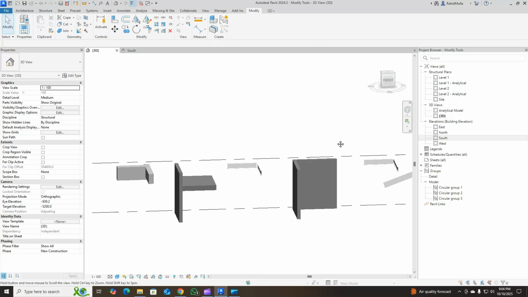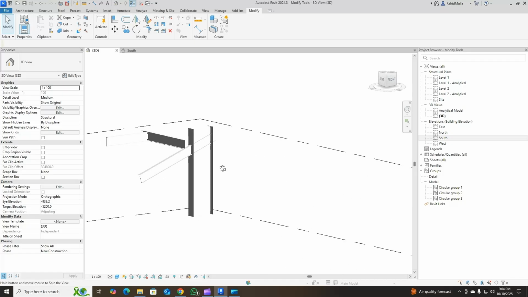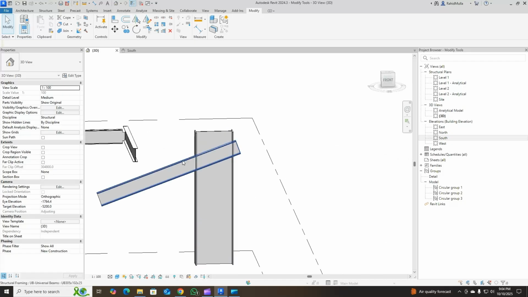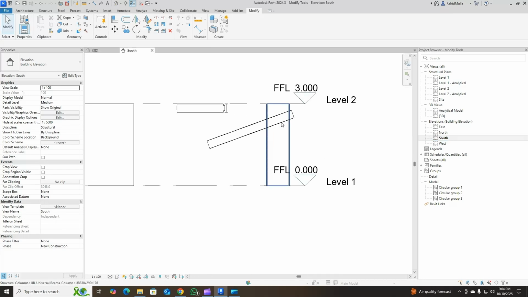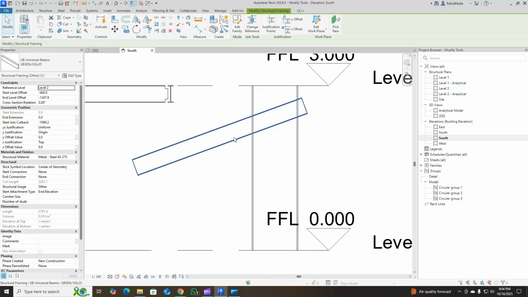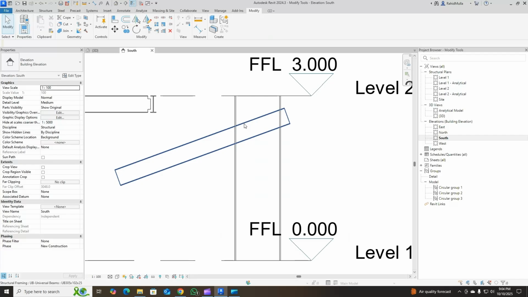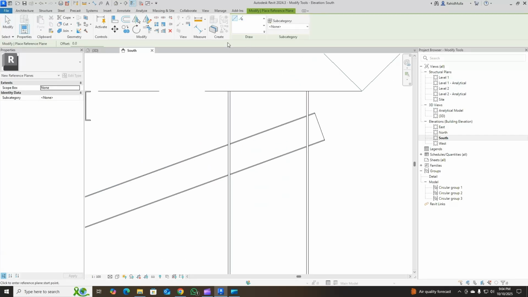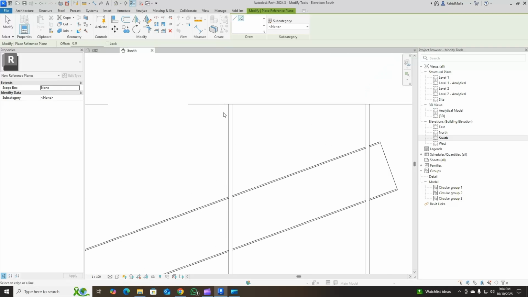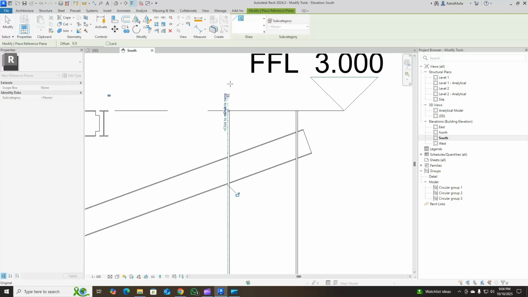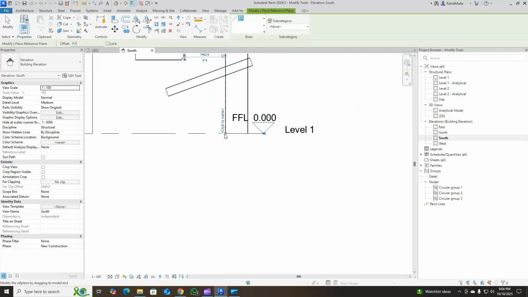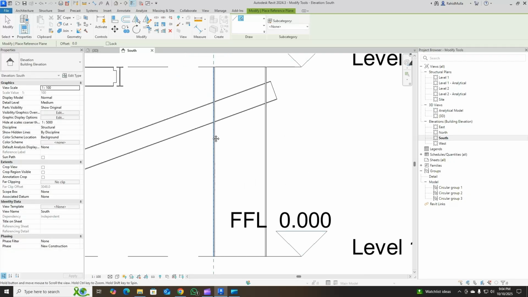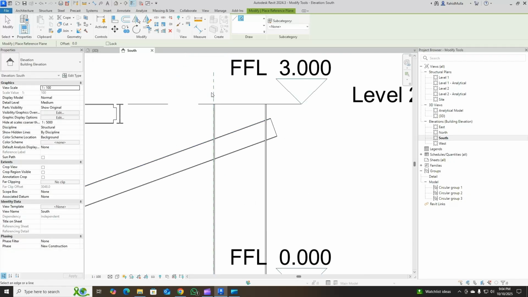Second tool is this cut. So here we will see this scenario where there is a column and there is a beam and there is a clash between them. So for this, what will I do? I have pressed RP, which is the shortcut for reference plane, and then I will select this point. I will take this on top, and then what will I do? I want to restrict this beam here on this reference plane.